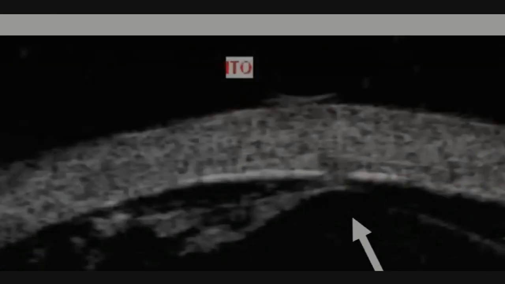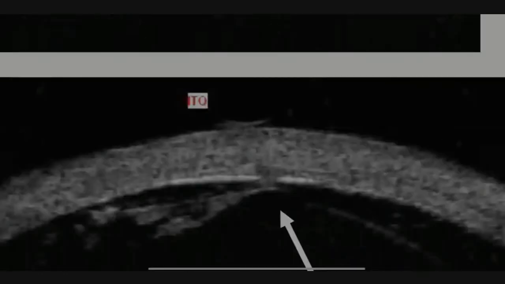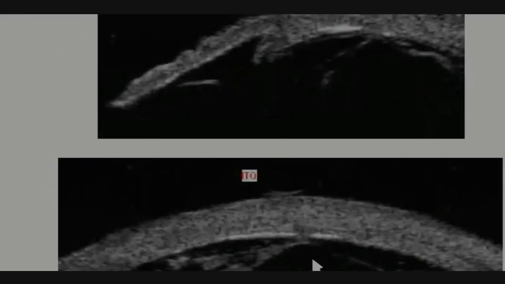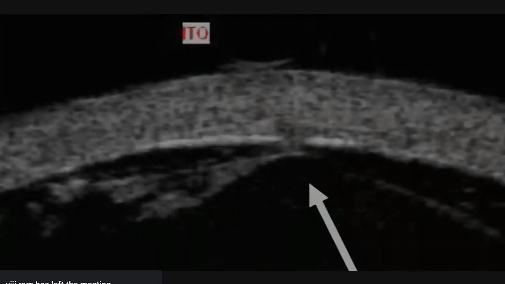So you can see the arrow mark here. You can see these abnormal membranes. This membrane can get confused with PP membranes also. But what happens in FEP is, you can see those membranes even in the transverse scans. PP membranes will not be that much visible in transverse. We can find that in radial scans, but here you can see there is a contact between the CB region and the membrane.